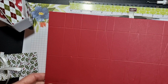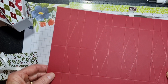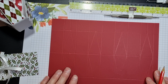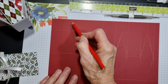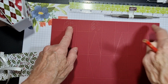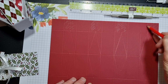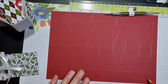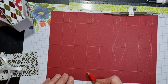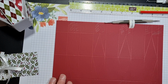Okay, I've got that finished, so you can see that I've got all my diamond shaped or triangles done. Now we're going to do a little bit of cutting out. I just find it easier to colour in the little bits where we're going to cut out. So every second top one, wherever we put that mark to get our centre mark, we're going to cut out. We're going to take that whole section out, top and bottom. It just makes it easy for you to see when you're going to cut out. So just colour that in,